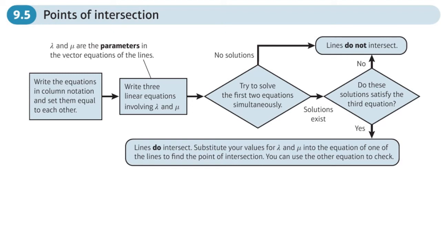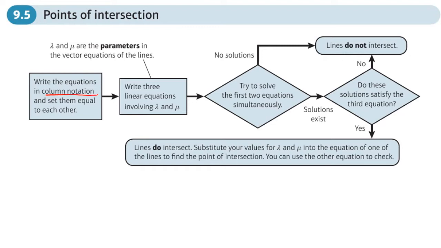This is the fifth section of the vectors chapter, and this is about finding points of intersection between two lines, or a line and a plane. So the easiest way to do it, the first thing to do is to write the vector equation of the line